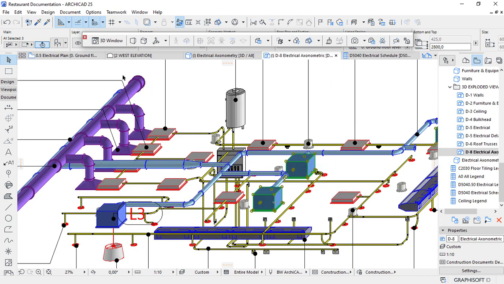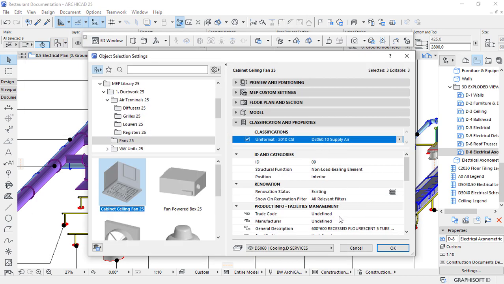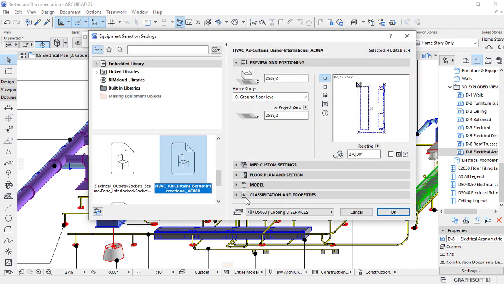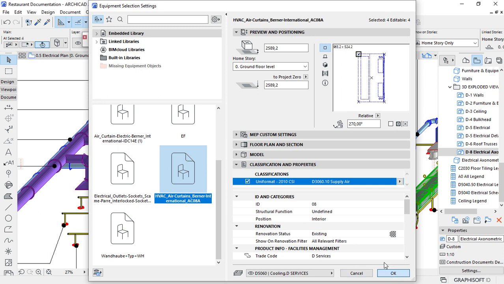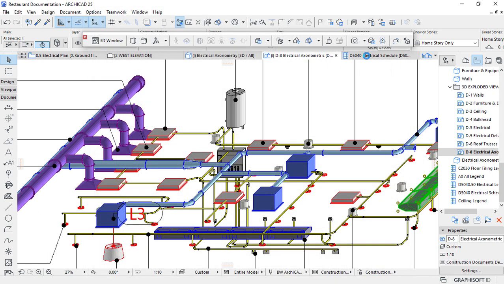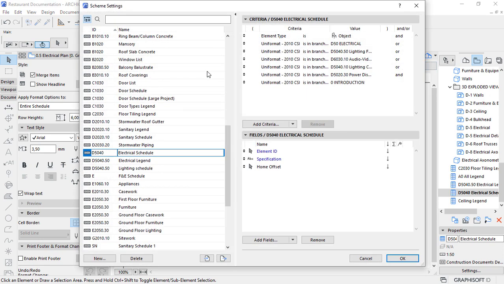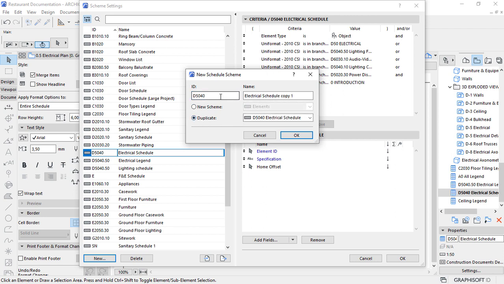I think the fixtures are in place on the right classification. Yeah, they're under supply A. Let's check the air curtains. Supply A. I think it's fine. We can go back to our schedule. Then I think the best way is to create a new schedule for all these items instead of reusing this one. So I'll go to settings and then I'll select this, create a new one, duplicate that one, and then